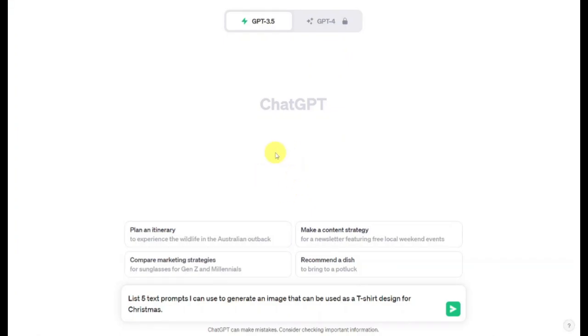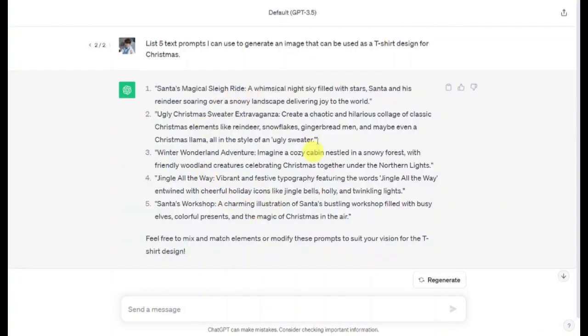Now, to create a t-shirt design for Christmas, so that we can move on to the next AI tool, you're going to need to instruct ChatGPT to list 5 text prompts that you can use to generate an image that can be used as a t-shirt design for Christmas. Let's go ahead and send this message to ChatGPT. And as you can see, ChatGPT listed 5 text prompts that you can use to generate an image for a